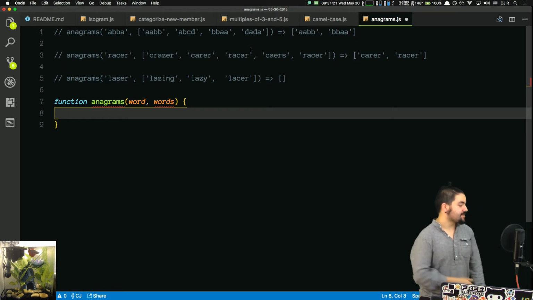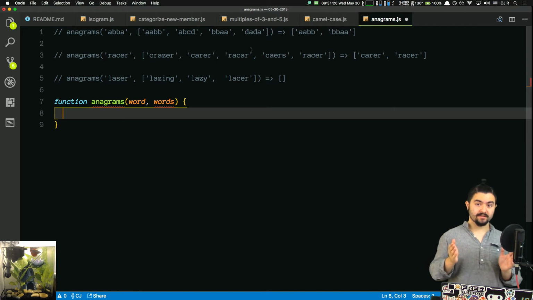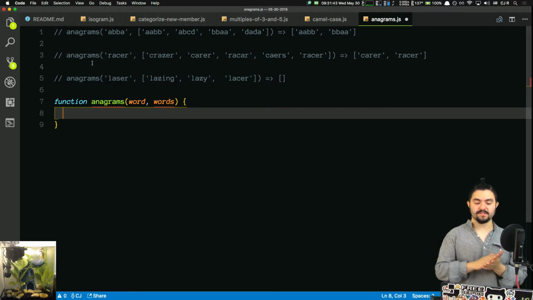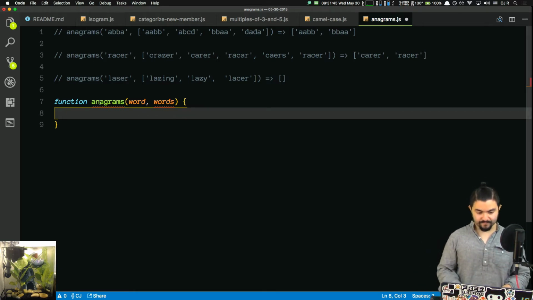Ran, oh, that's a good suggestion. So Ran is saying sort it and then compare, because if it's sorted, then it would be exactly the same string. I think the issue with that is sorting potentially is going to have higher complexity than just doing a single iteration. But let's do that first, and then we'll do the solution that I was talking about, which is count all the letters up. So let's say